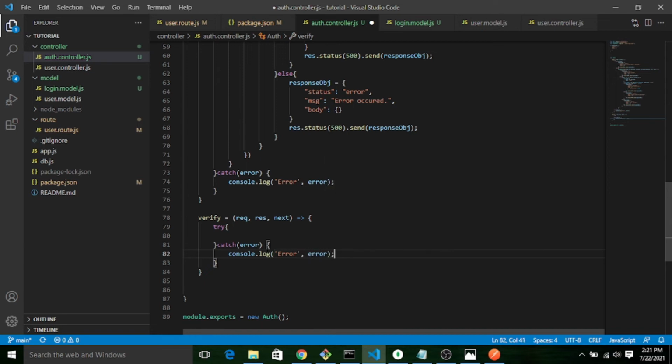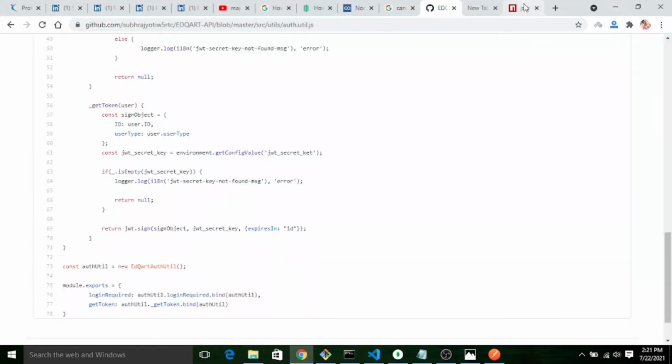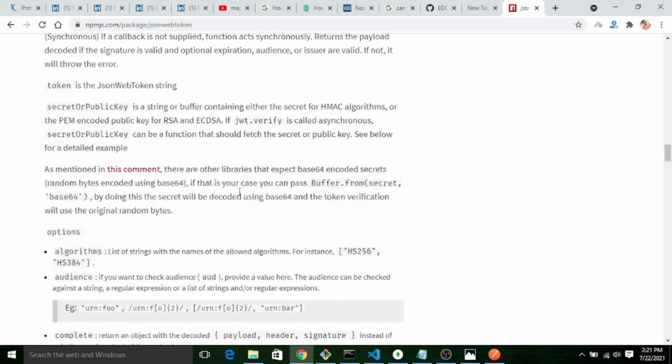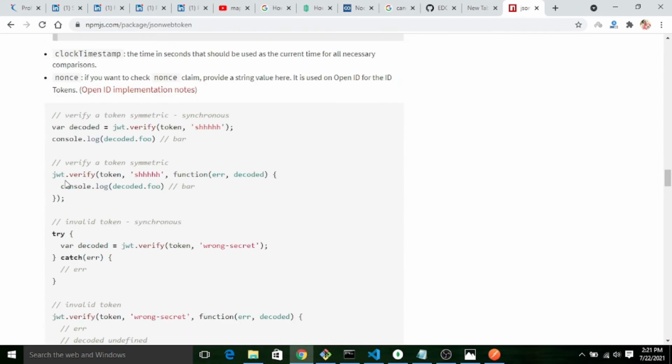So inside the try block, I will use the inbuilt method of this module which is present inside the Node.js library. Let's visit this website. If we check, there is one more inbuilt method, verify. So we can use the same. Okay. So let me copy this.